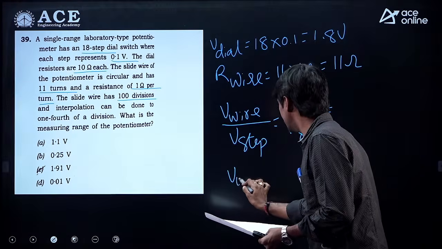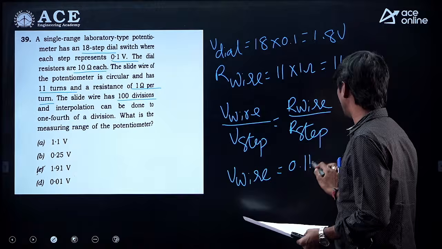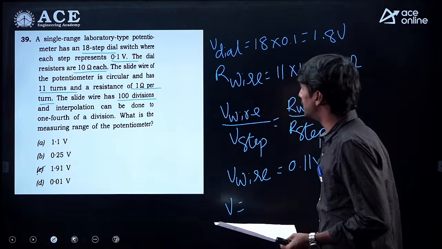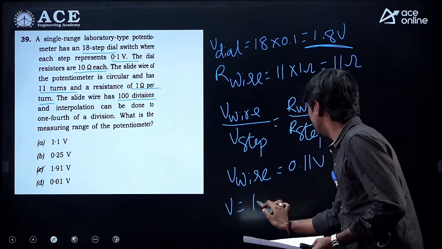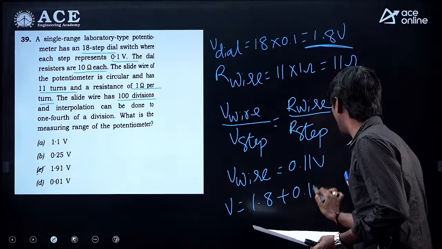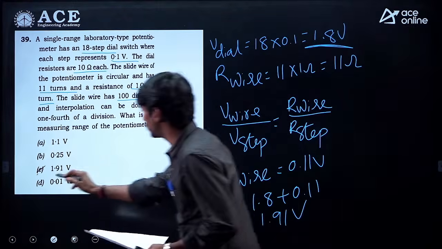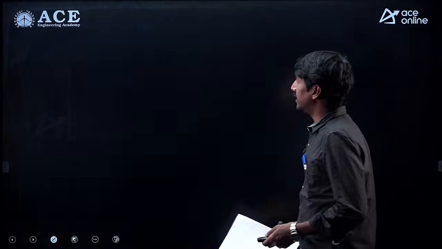If you simplify this, you are going to get V wire equal to 0.11 volt. Finally, V is equal to 1.8 plus 0.11. If you add this, 1.91 volt. So answer is C. Normal step by step procedure. Right. Next one is